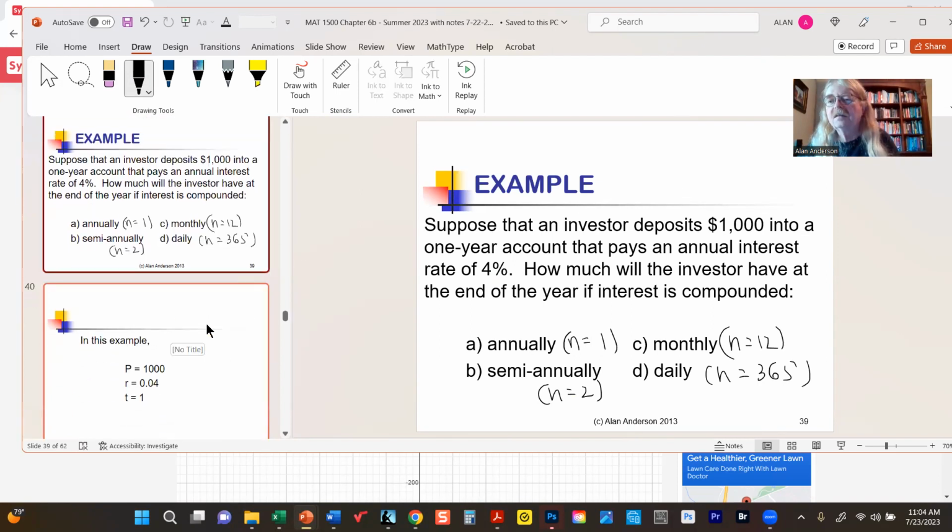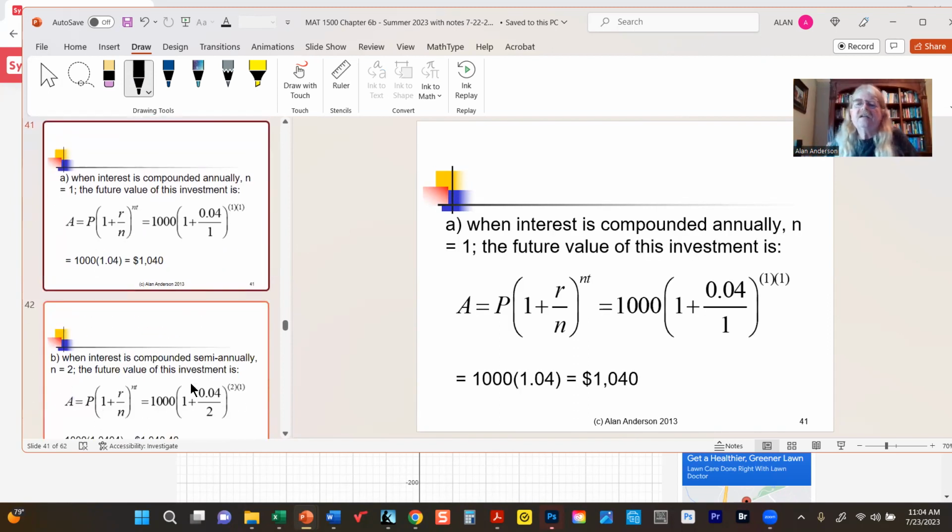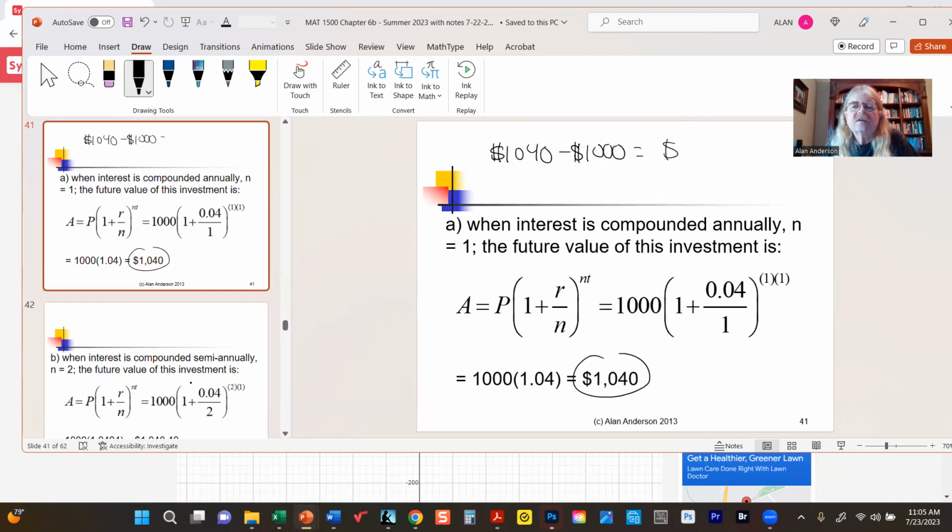So when we're done, we're going to not only have some good practice, but it'll illustrate an important point. So remember, P is 1,000. We started with 1,000 in the bank, a 4% rate of interest per year for 1 year. Let's plug everything in for the first case when n is 1. Should we go through all the steps? Now, by the way, it should be clear then that you must have earned $40 worth of interest